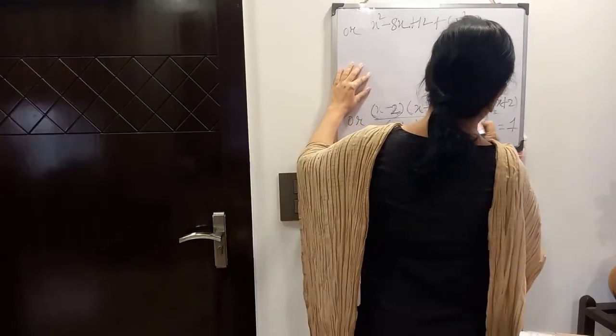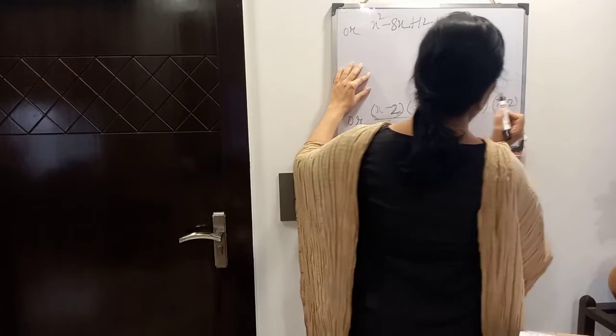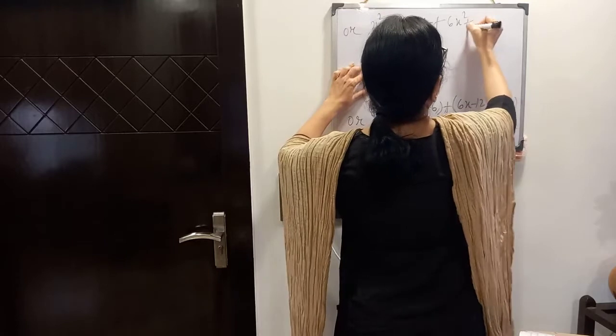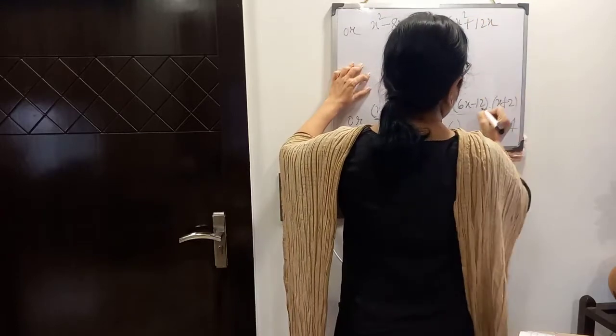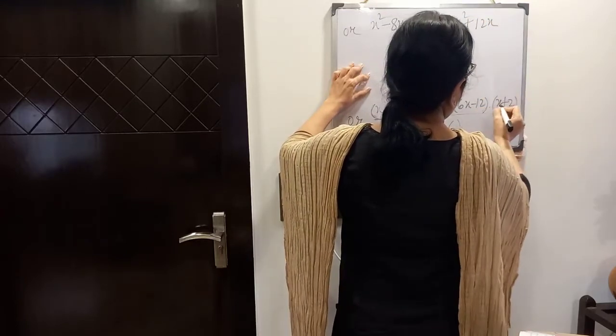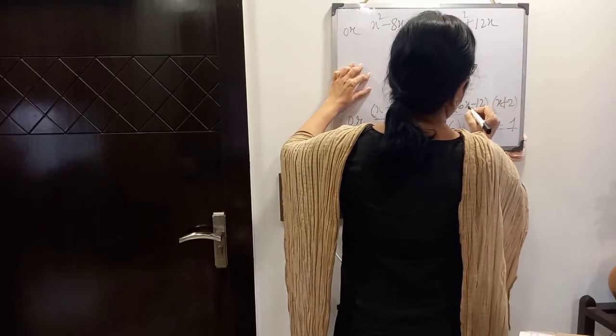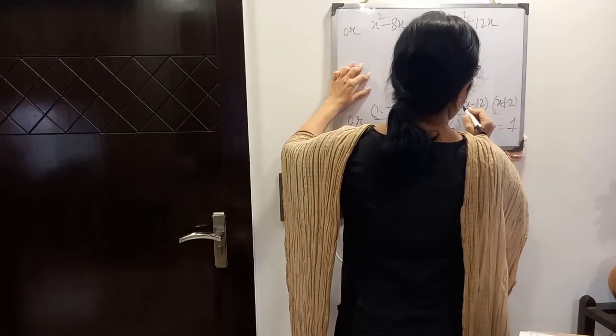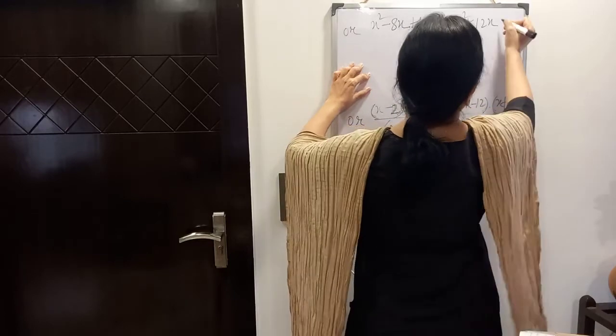Similarly, plus 6 twos are 12, I am writing plus 12x, then minus 6x square plus 12x written, then this one minus 12x